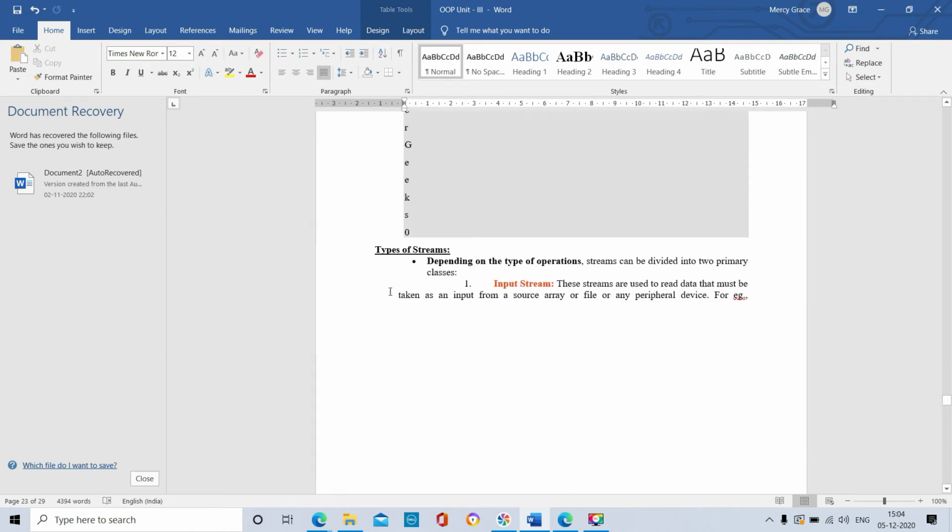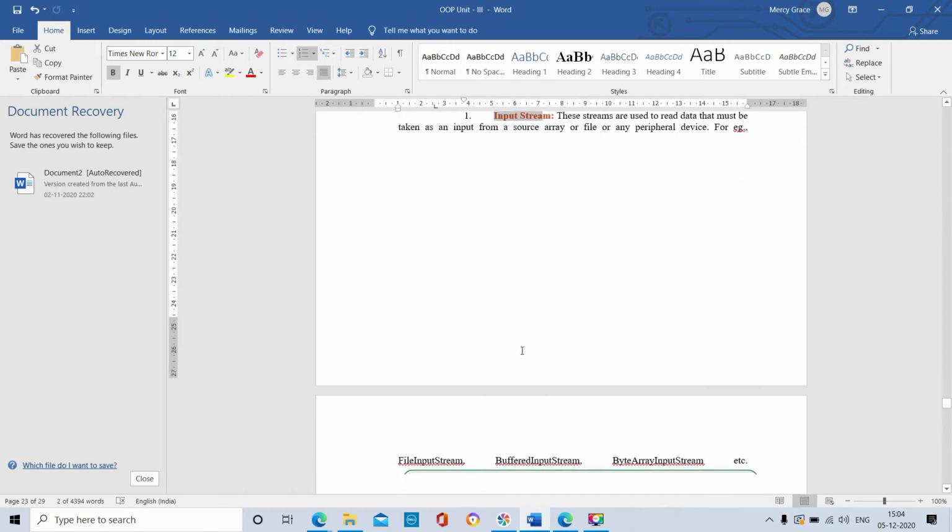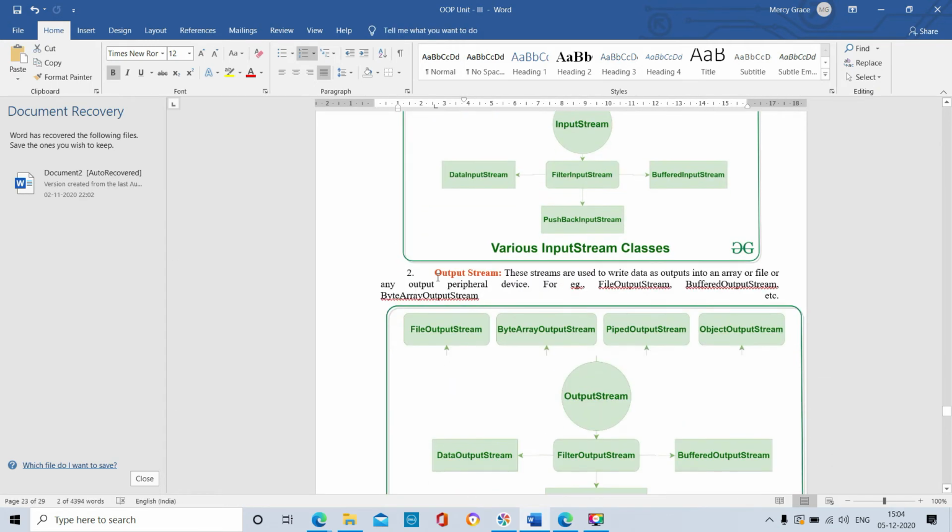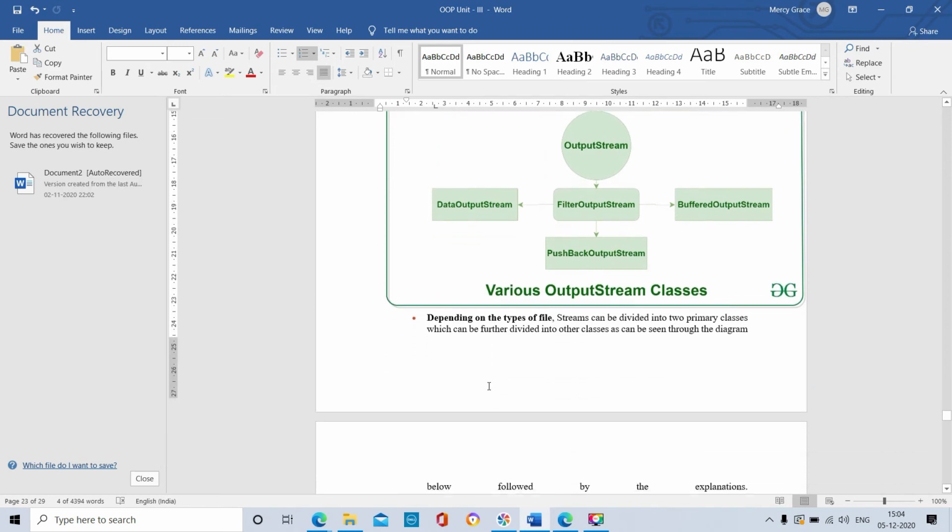Next topic is types of streams. Depending on the type of operations, streams can be divided into two primary classes. The first one is input stream, and next is output stream.